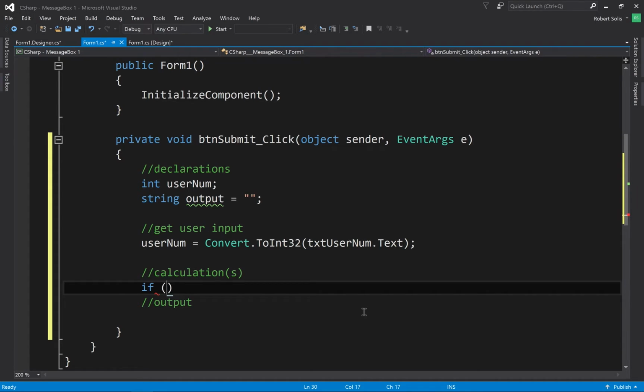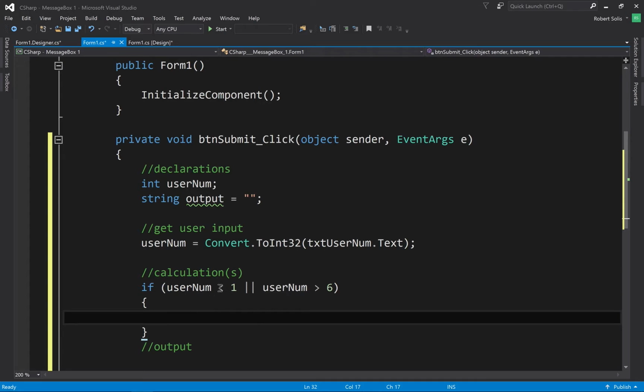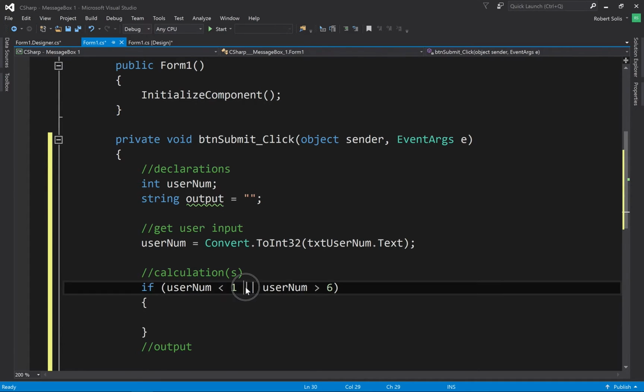And so what I'm going to say is if the user num is less than 1, or this is the symbol for or, this is the symbol for and. The usage of the words or and and in English are different. If I say, hey, would you and you like to go out to lunch? That's different than would you or you like to go out to lunch. So or means either this is true or this part is true. And what that means is if this is true or if this is true, then we do this if part of the statement. So we call this a logical operator,